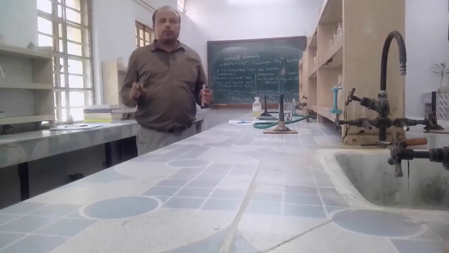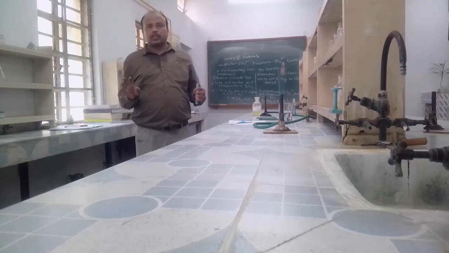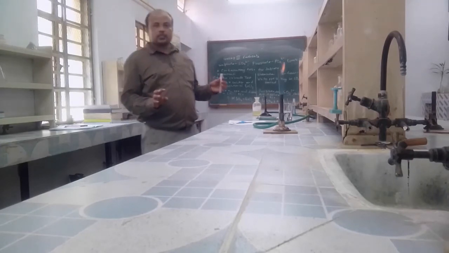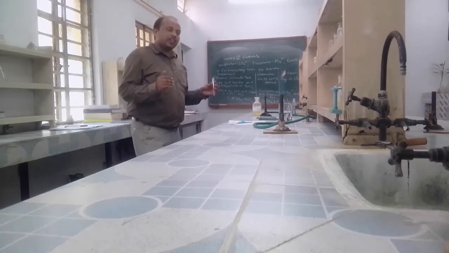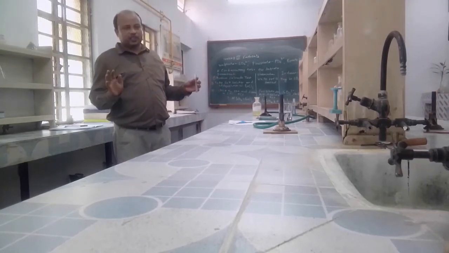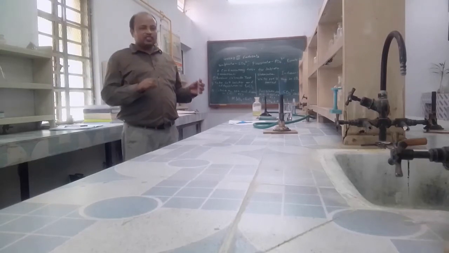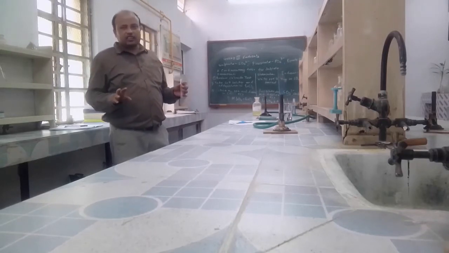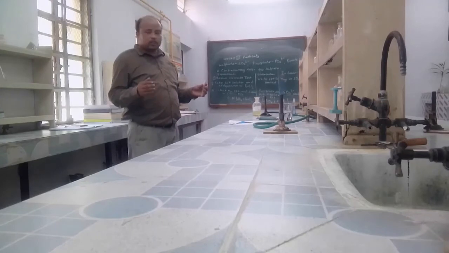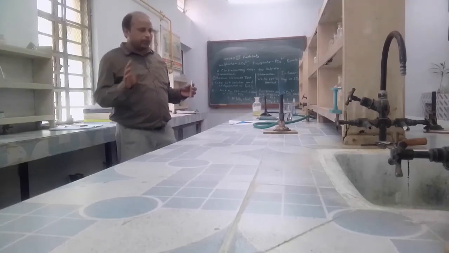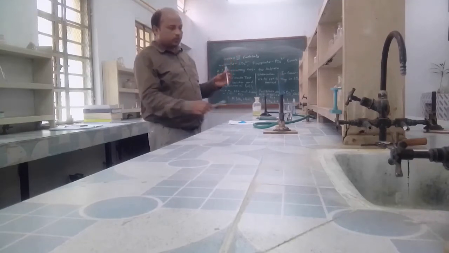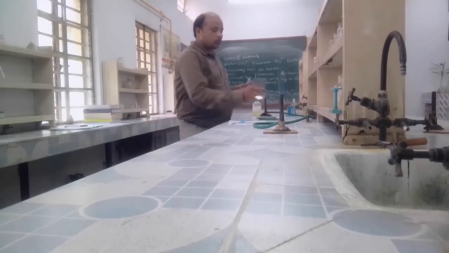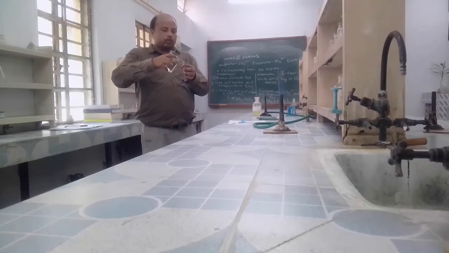Now the student will perform the test for cation. You have seen here that as the salt is blue in color, when you have been given a colored salt, you are very much confirmed which cation is present in the given salt sample. Although, we have to perform the experiment for a confirmatory test. So what we have to do? We have to take the dry salt and add a small amount of distilled water.